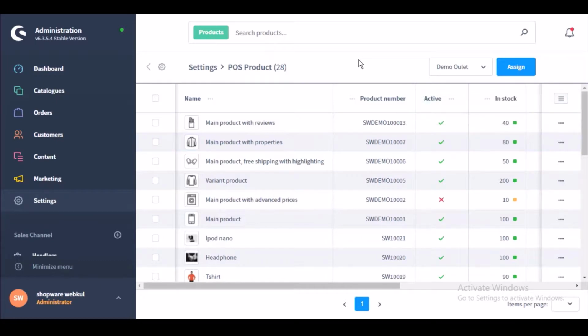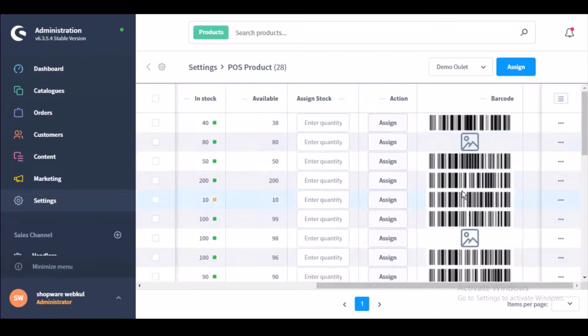So the next thing that I need to tell you is this barcode generator. The admin can generate barcodes for the product here. These products can be added to the cart during the checkout process by the POS user, which I will explain a little later when I'll be explaining this